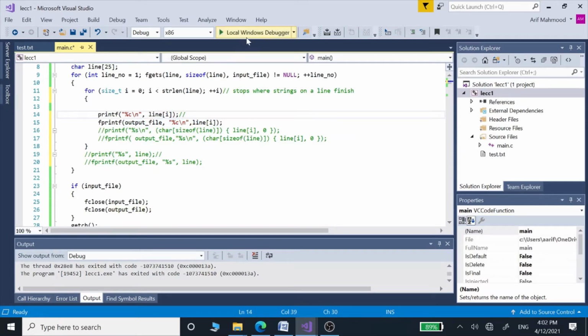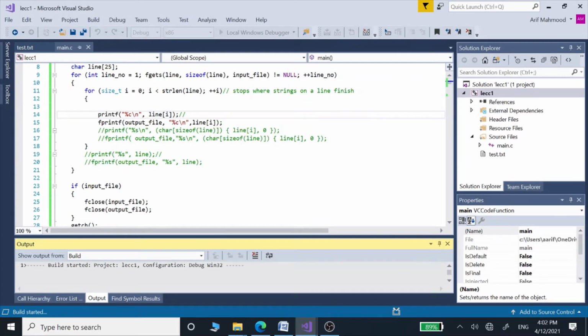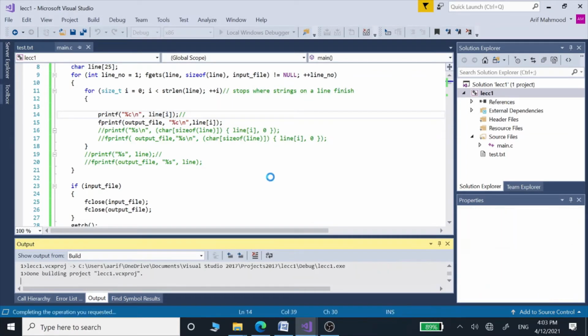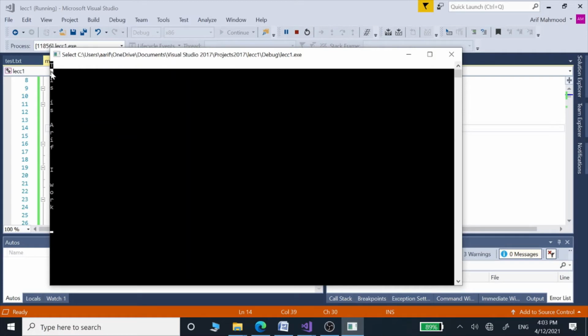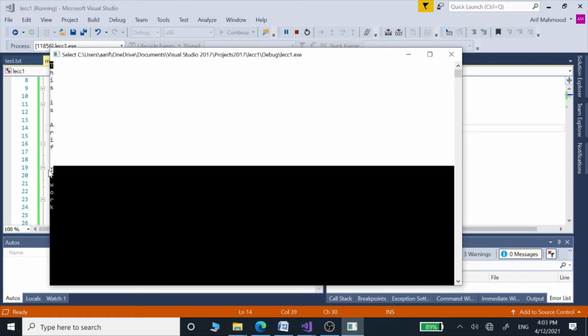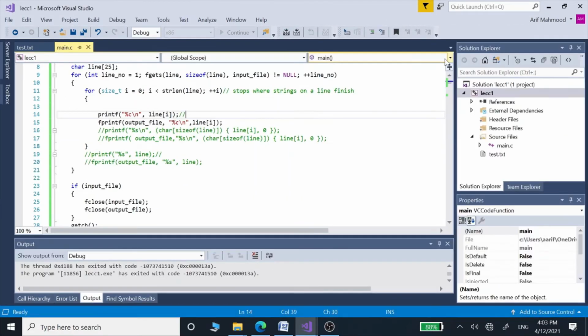So let's build and run this program. Now we can see these are our characters. We got the characters from our strings out of those two lines onto the console window.